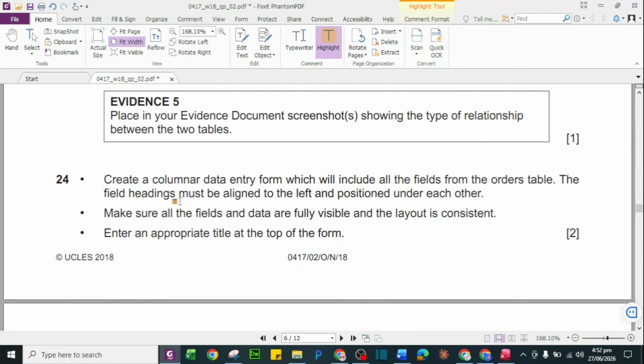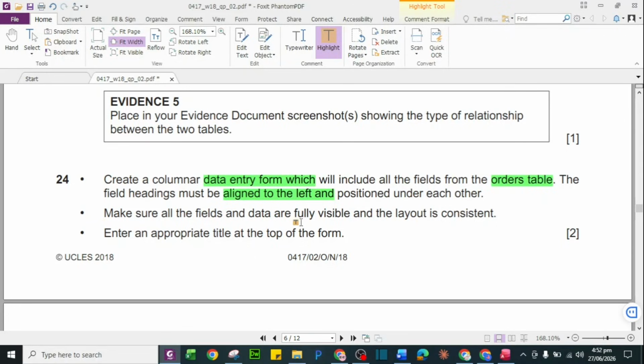Now move to question number 4. Create a columnar data entry form which will include the fields from the order table, all the fields, not any specific field. The field headings must be aligned to the left, okay, and under each other, meaning in the form of a column.